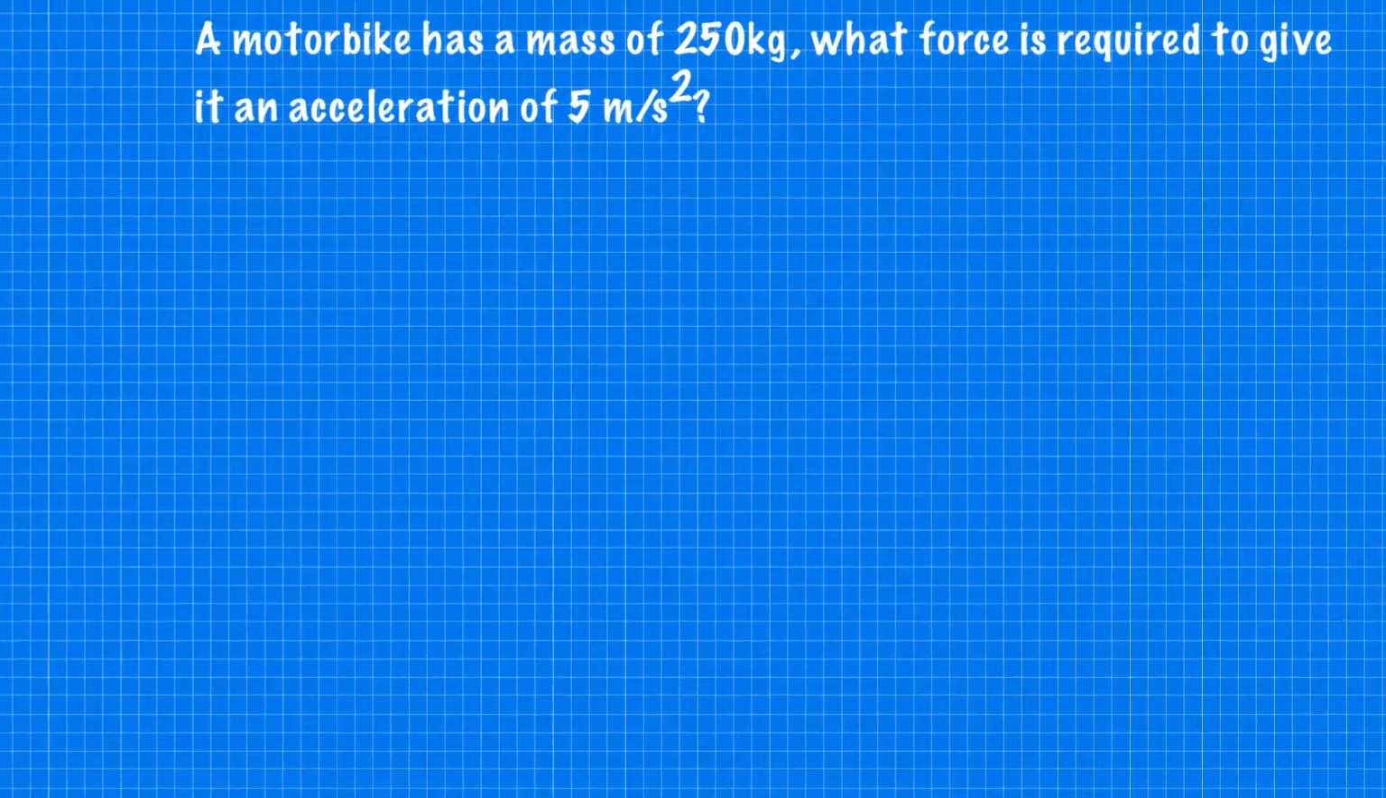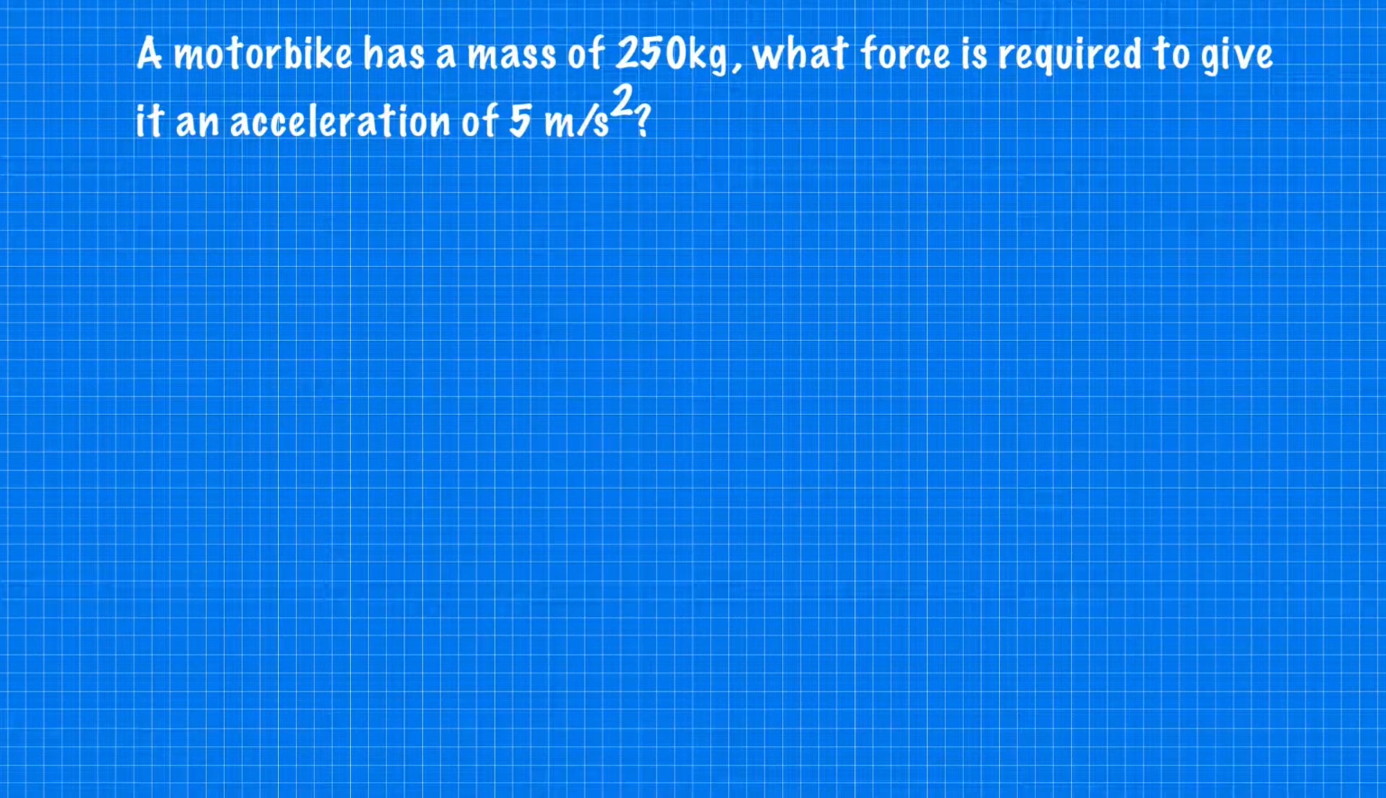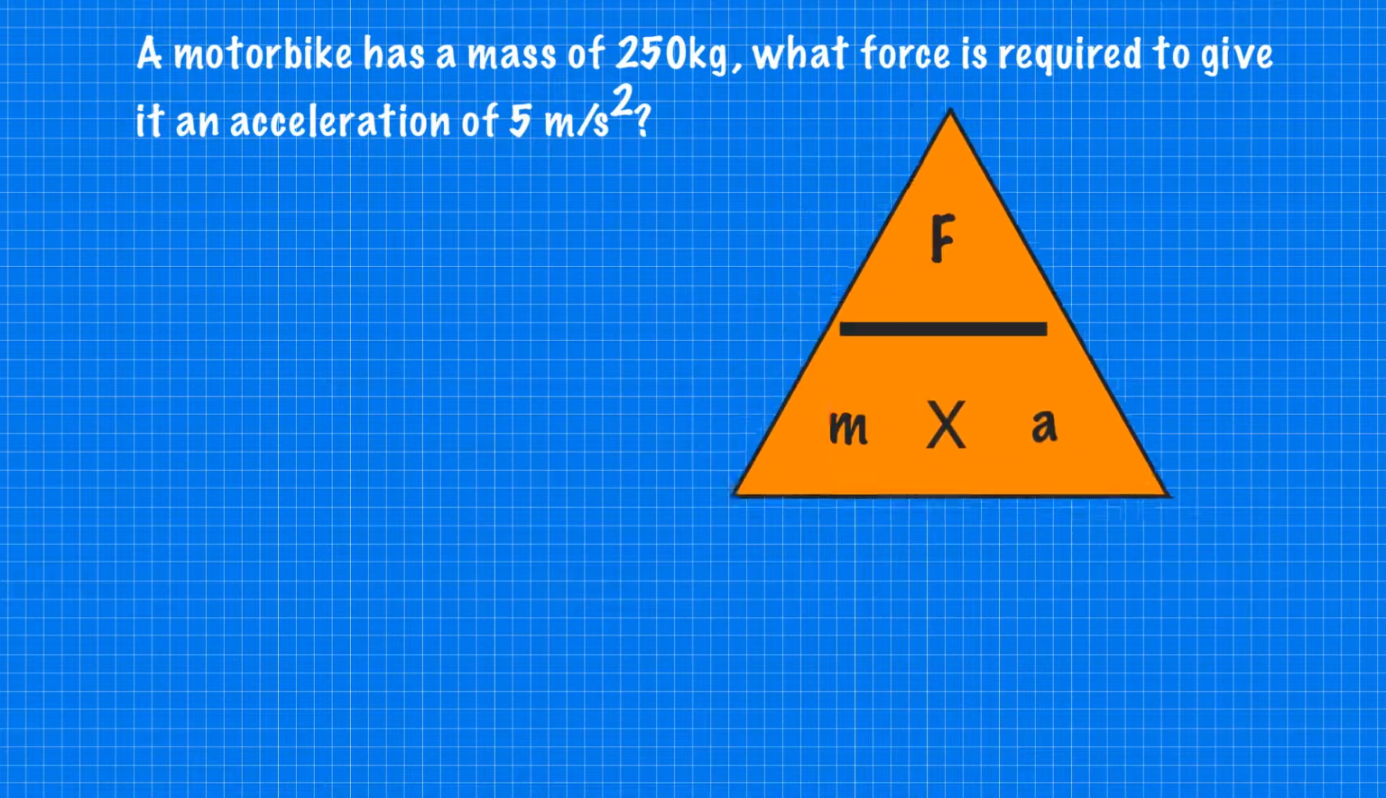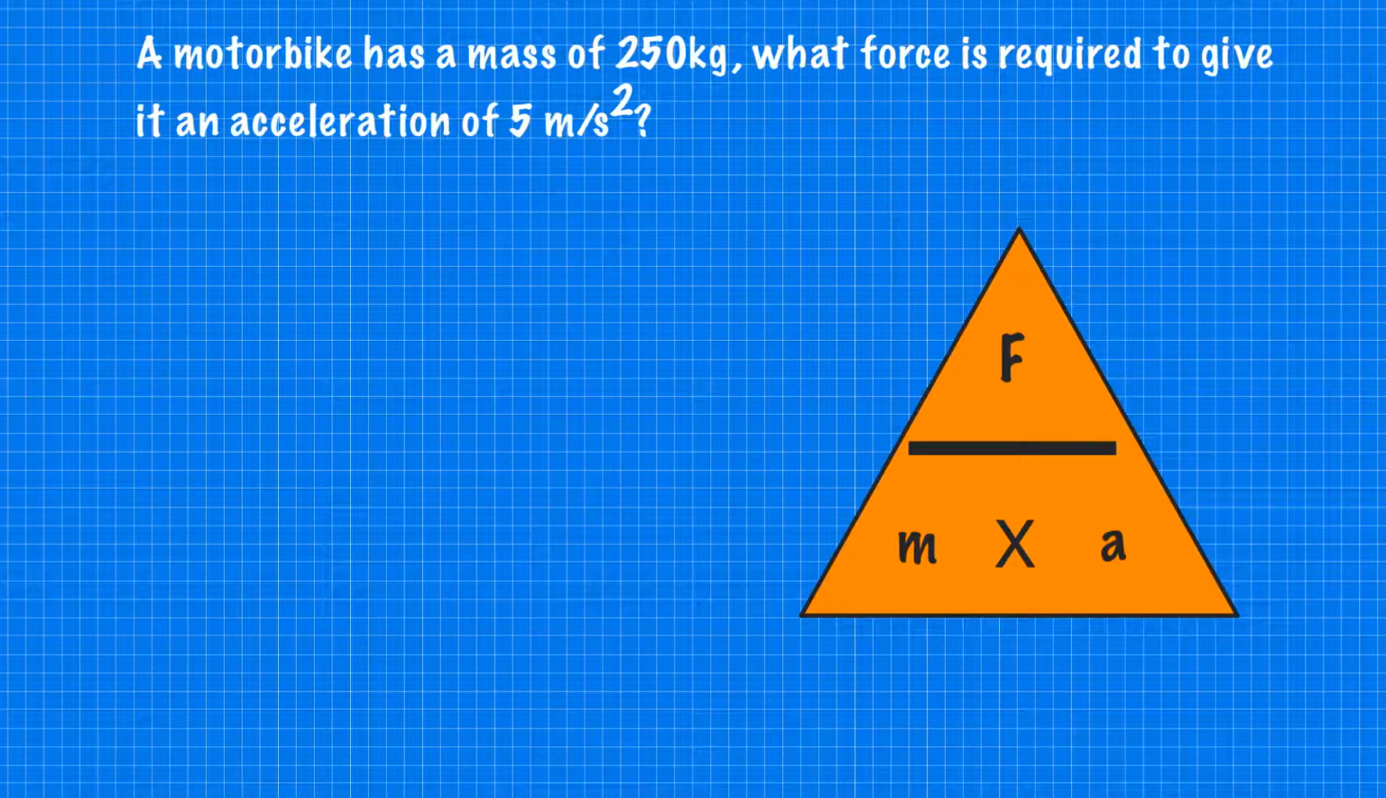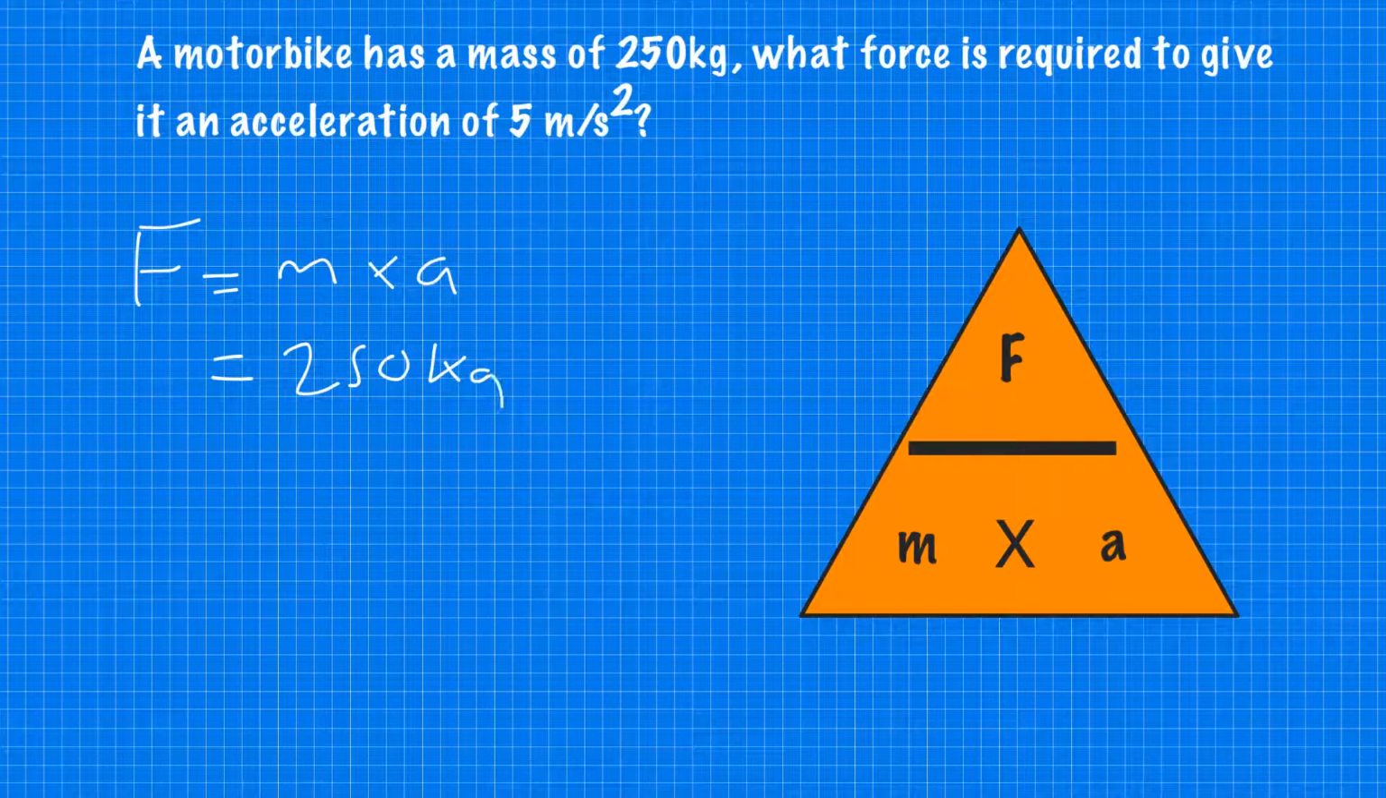So we've got a question here that says, a motorbike has a mass of 250 kilos. What is the force required to give it an acceleration of 5 meters per second squared? So just a quick glance at our equation. We want to calculate force, so I'm going to do mass times acceleration. So our force equals m times a, which equals 250 kilograms times 5 meters per second squared, which gives us a required resultant force of